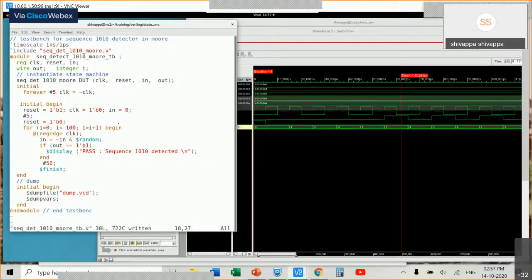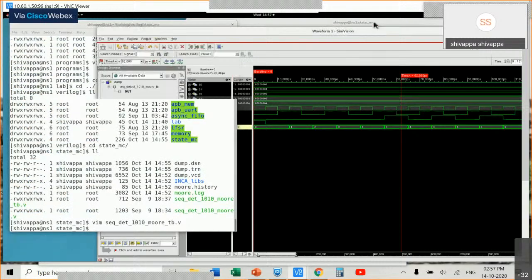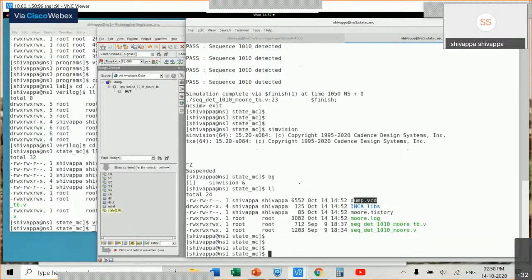Let me try corrupting this actually. What kind of output it will generate, we will see. Okay, now